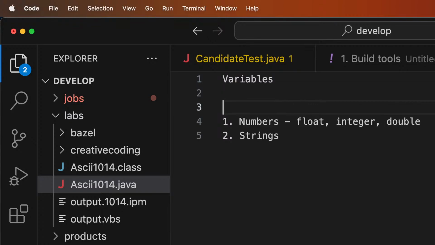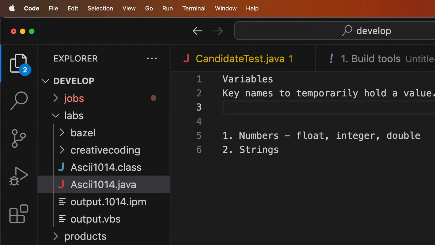Variables are just names to hold a value, or key names to temporarily hold a value. So a value can be anything. A value could be a data type. A value could be an object of any sort. And then we are saying that variables must start with